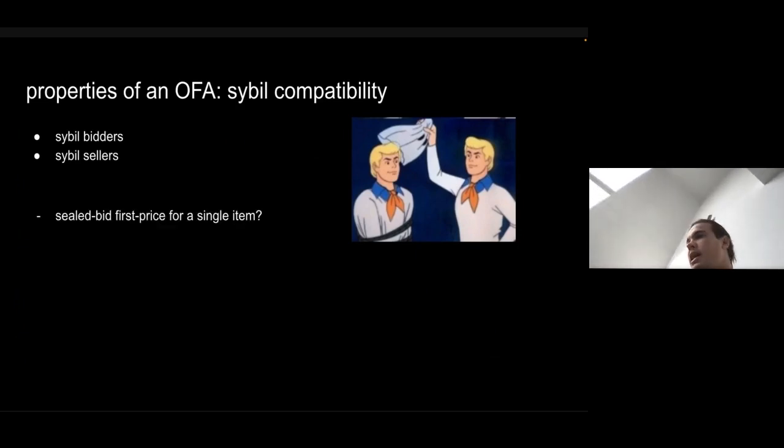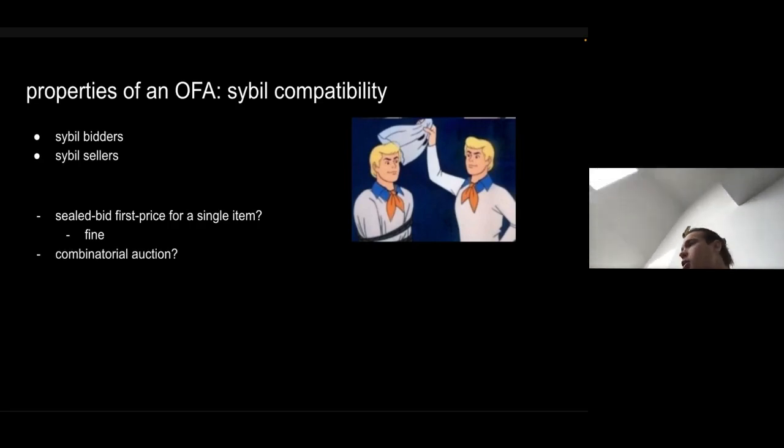So what about a sealed bid first price auction, which is a vanilla auction? I think that's fine. There are some results which say that's fine for the Sybil bidders case, and for the Sybil sellers case, I don't think anyone is going to bid on something that they don't actually want to execute. But what about a combinatorial auction? There's some literature on this.